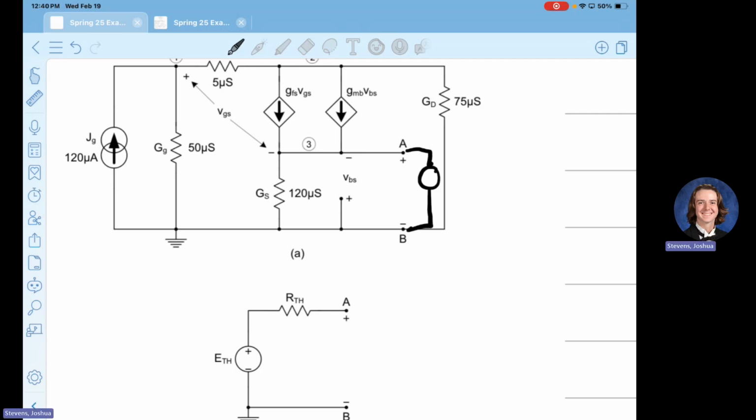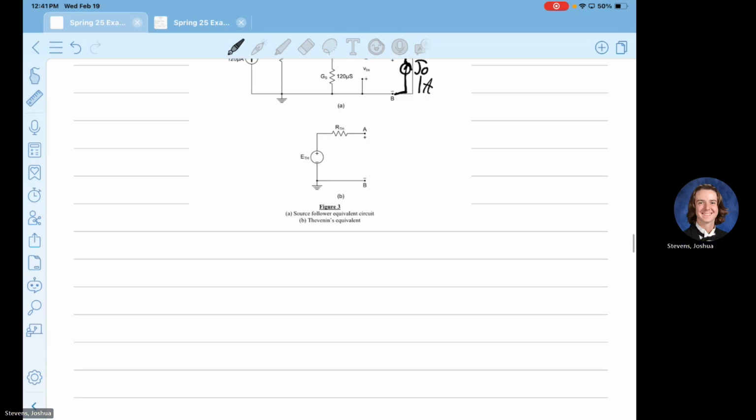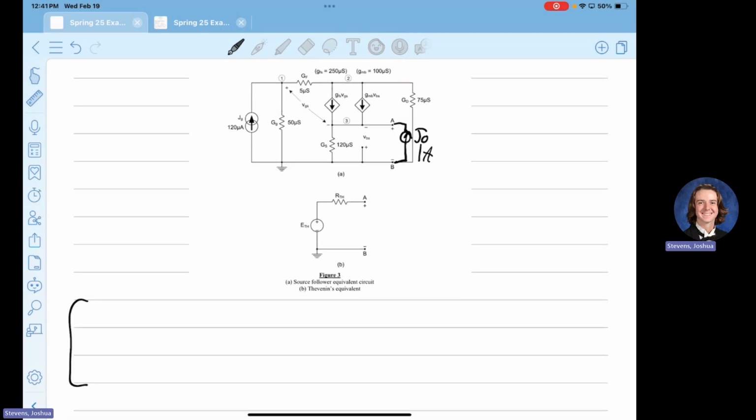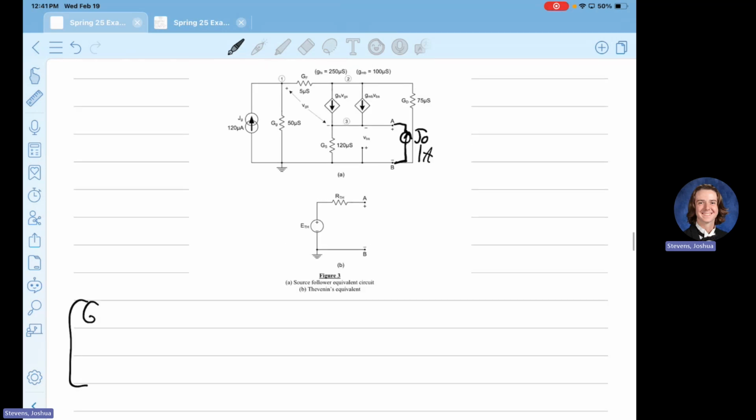What's the direction of current? Kind of anything we want, but also there's a polarity. I would recommend sticking with that polarity. So I'm just going to title it J0. I'm just going to say, hey, 1 amp. All right. Time for some math. I hate the fact that these are all G's and they're not numbered. They're all just numerical G's, pissing me off. But we're going to do it. Okay. So G